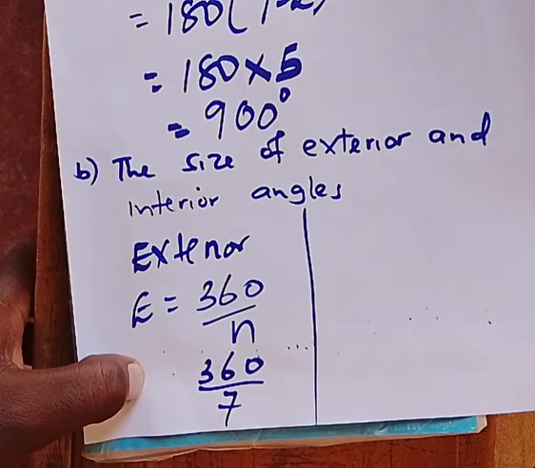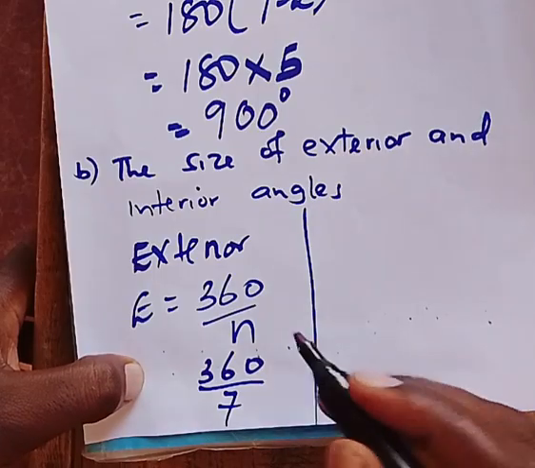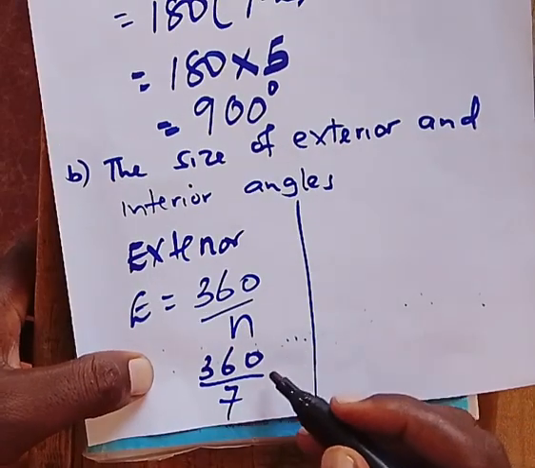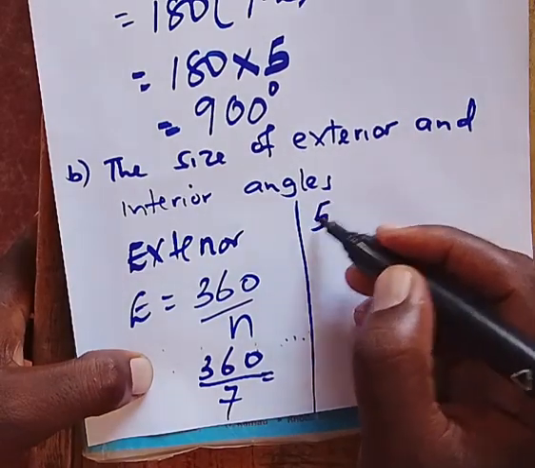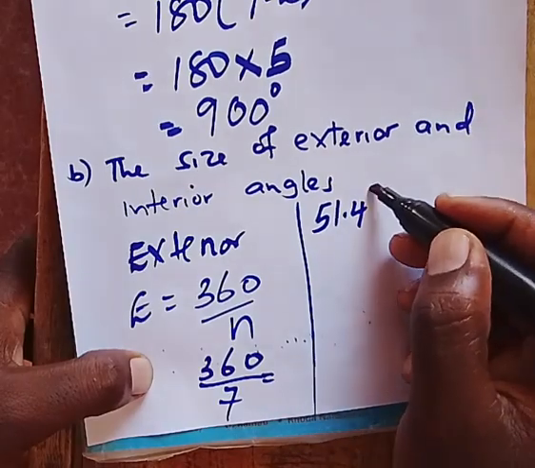If you use long division, you can have 51.4